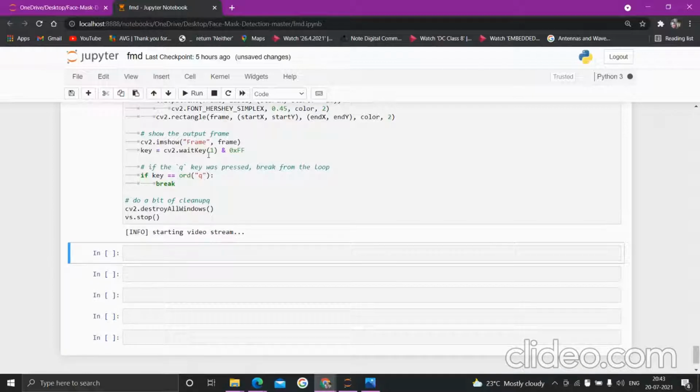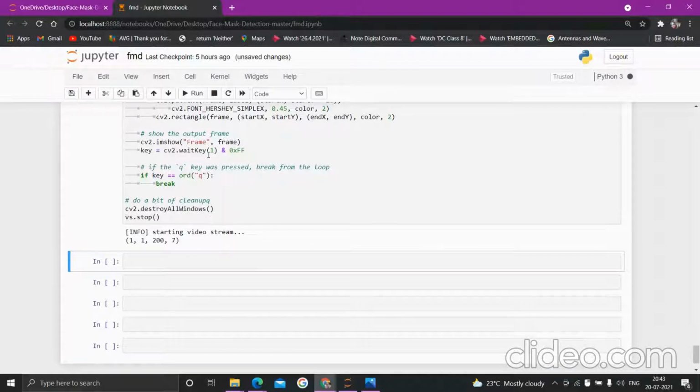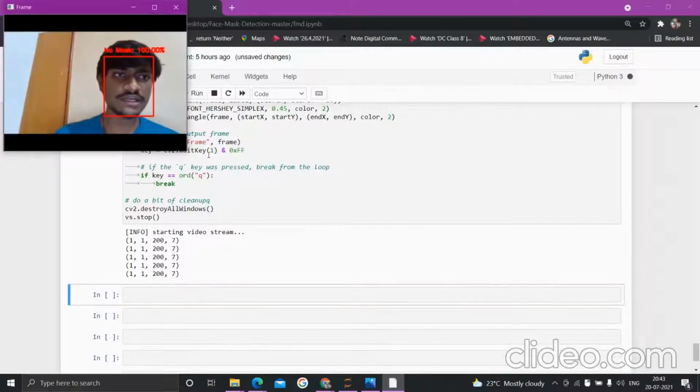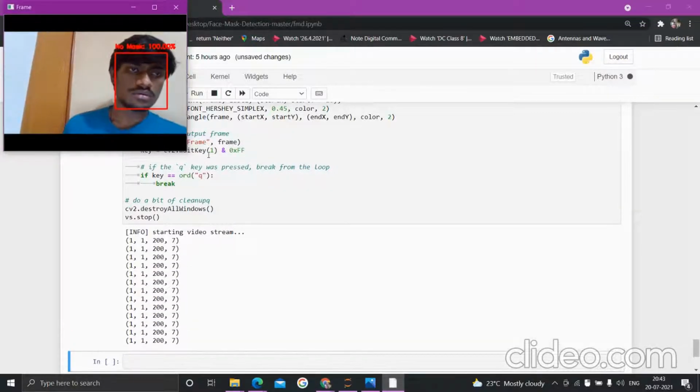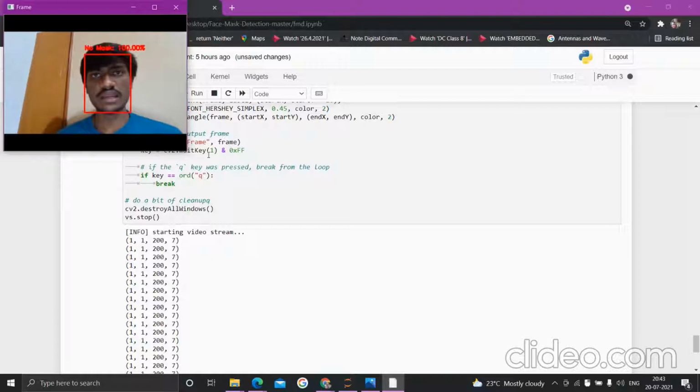The live video stream is turned on now. Now the frame is getting displayed. Since I'm not wearing a mask right now, there is a red colored rectangular box with the text no mask along with the percentage of prediction.